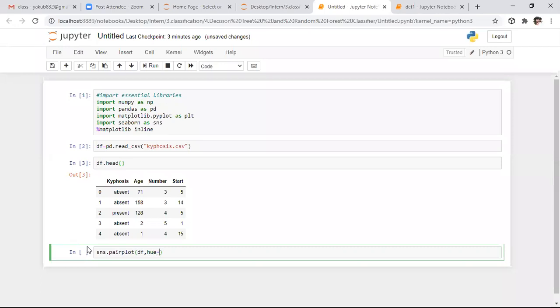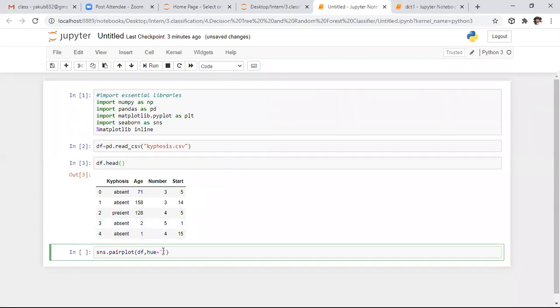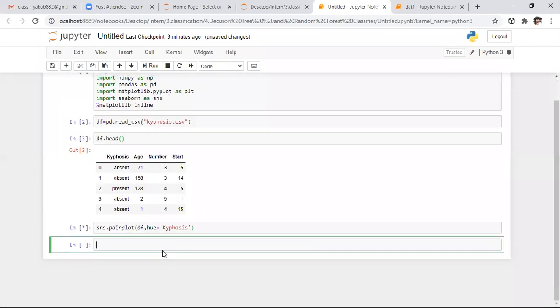I want to check whether the person has kyphosis or not, so I am using the kyphosis column. If you want to use color, you can use hue also, whereas here I'm not using any color.